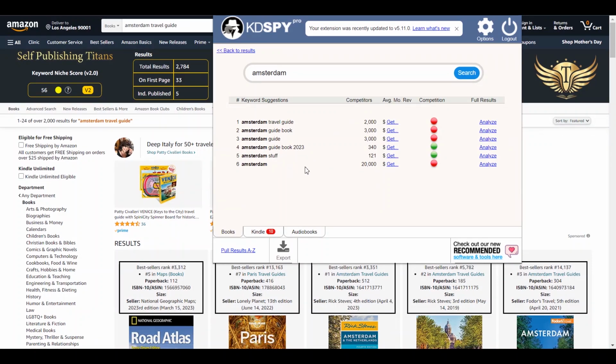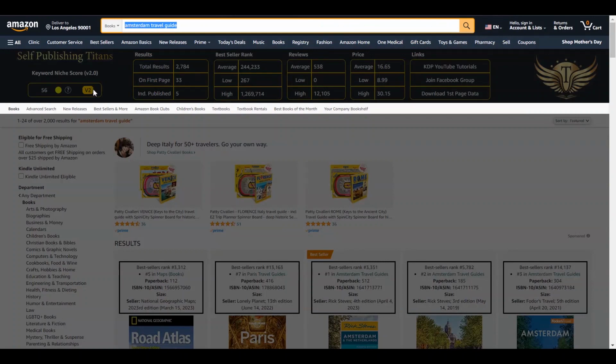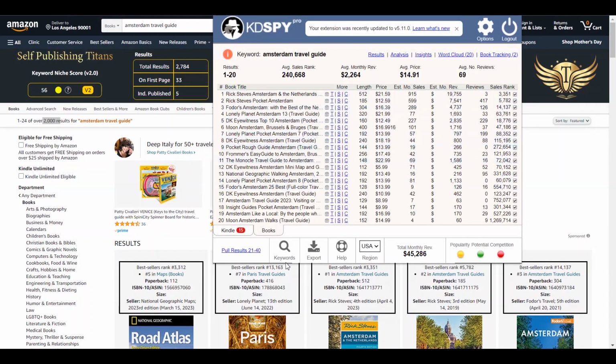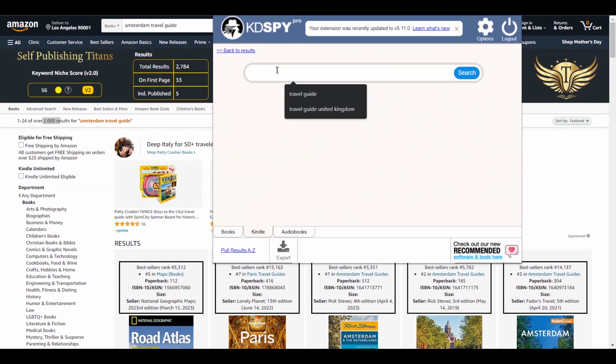So you can see the same thing that we got on Publisher Rocket that we're getting here. And when it comes to the keyword, you can see the competitors, the number of competitors. For Amsterdam travel guide, when I click up here, you can see that the competitor is showing 2,000 results. When you come to the KD Spy extension and search for the keyword Amsterdam travel guide,